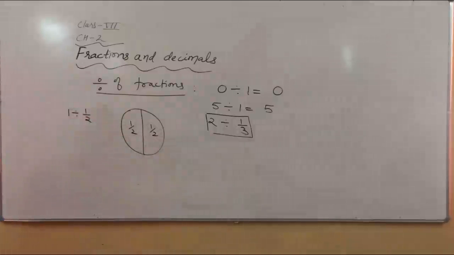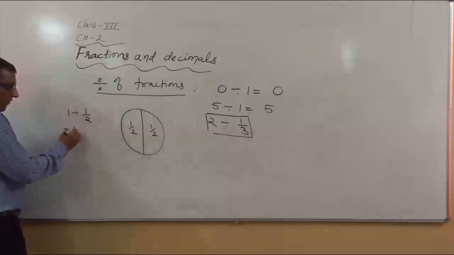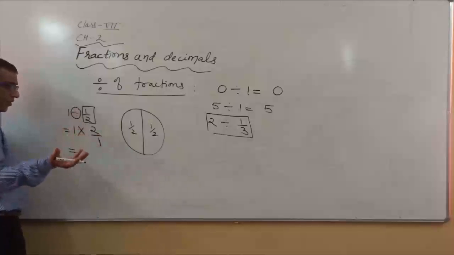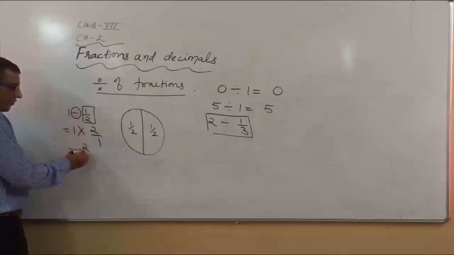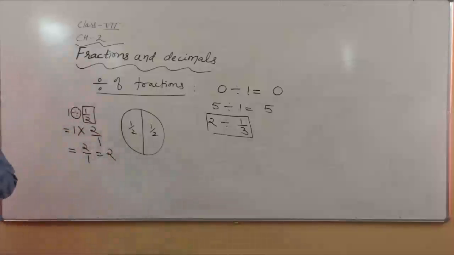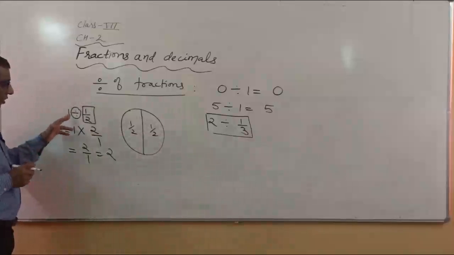So basically, whenever you convert this division symbol into multiplication, this 1/2 can be written as 2/1, and when you solve it as per the concept of multiplication of fractions, it becomes 2/1 and we will get 2. Again I am telling how we can divide 1 by half. If you want to divide 1 by half, the procedure is that you will convert this division symbol into multiplication.